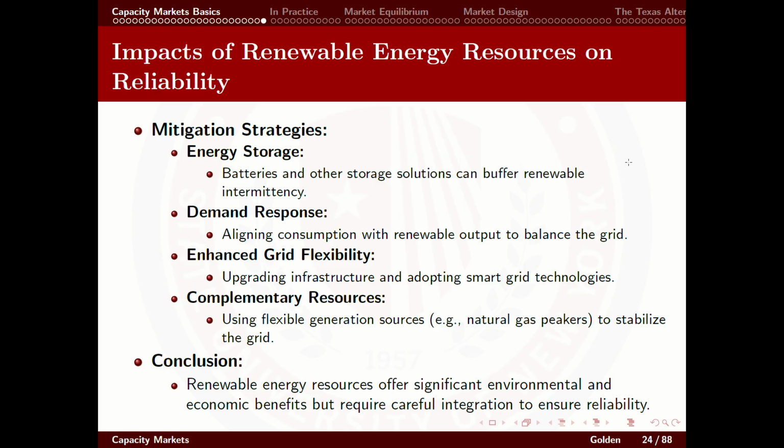There's a question as to whether or not renewables should even be able to bid into capacity markets, and if so, how they should be penalized for the fact they can't be available. Doesn't that affect how